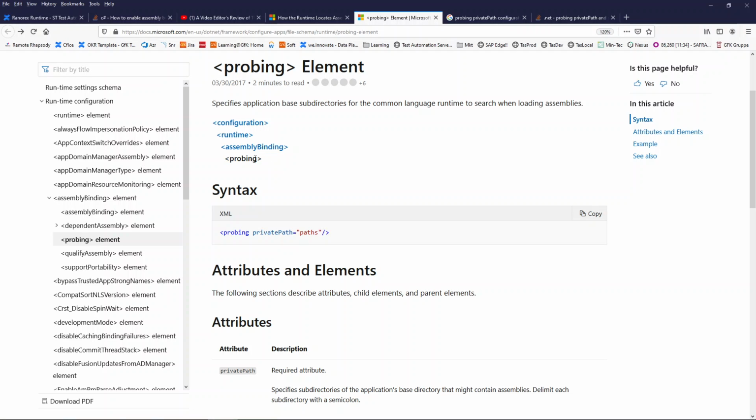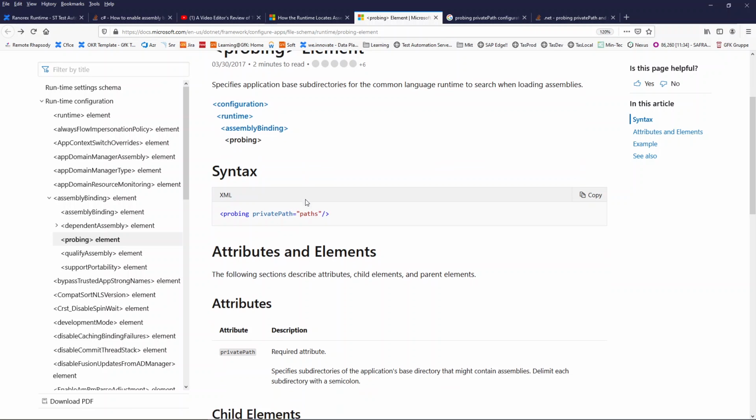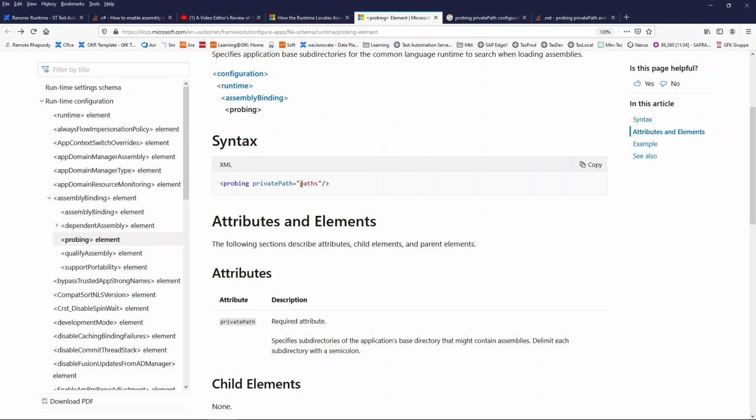You do not need to add an assembly binding for an explicit DLL. You can just put it like this with a little more things around it. You put the name of the subdirectory you want to probe.